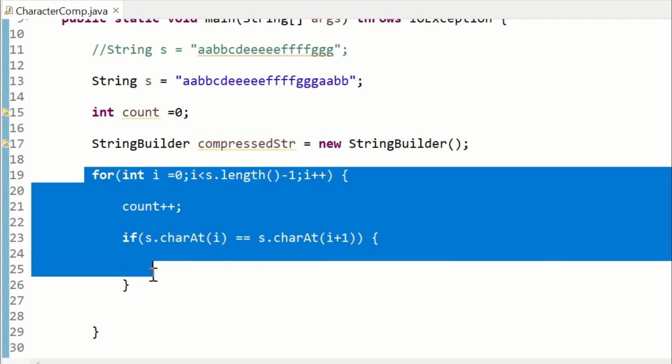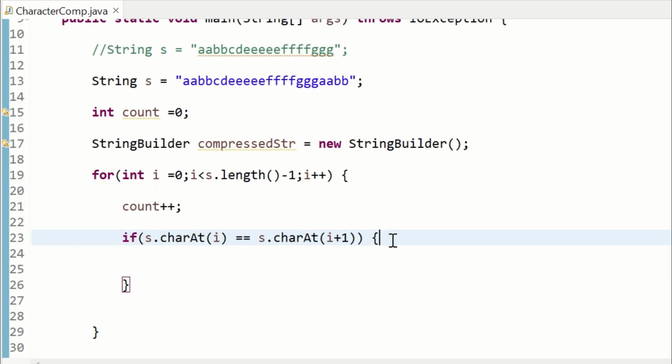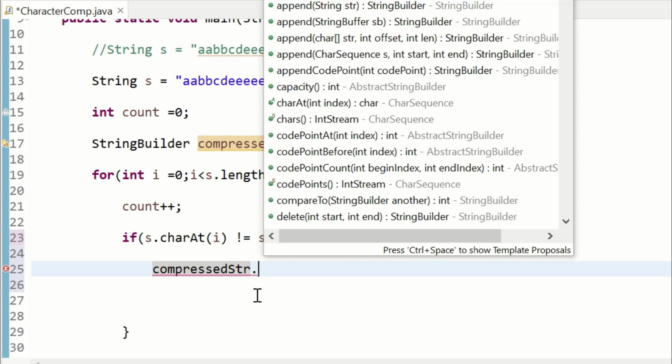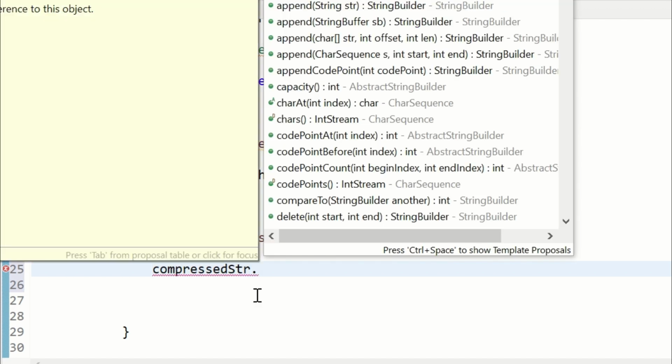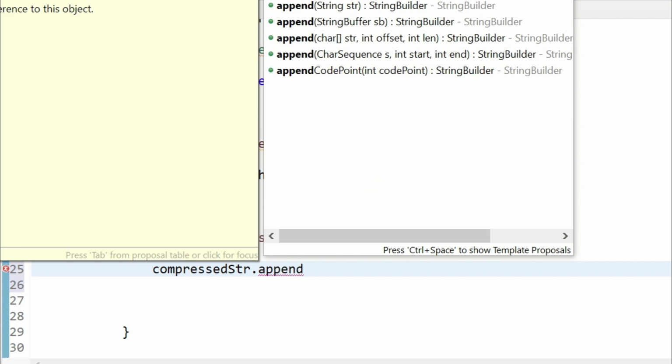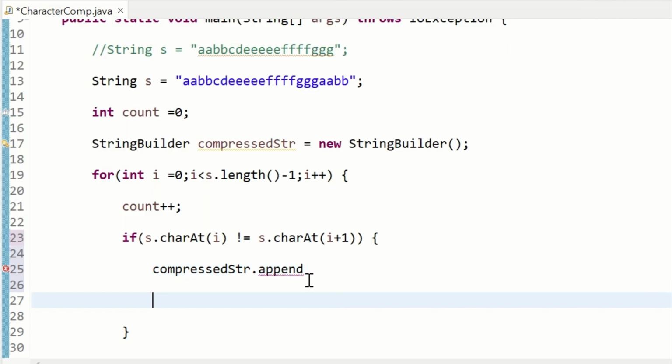So this is the for loop. I'll add here, and as soon as it's not matched, right? If it is not matched, then the string builder will concatenate, append this character